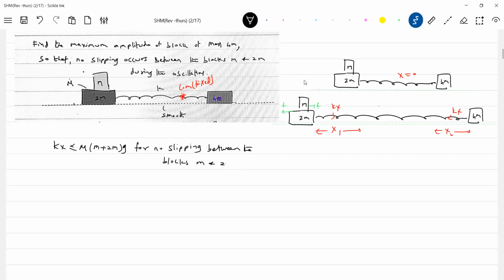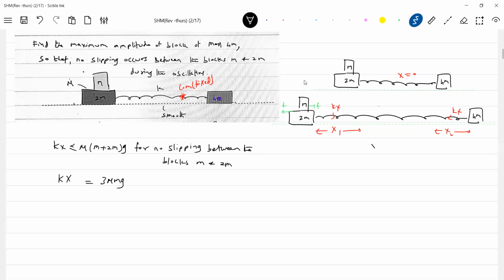A very simple problem, it is just asking you to think once. That's all. I think you know, if you apply force to the lower block, what is the maximum force for no slipping? For slipping to occur, greater than or equal. So what is the maximum value of this? Kx is 3 mu mg, I'll write it. So what is this x max? Let me write only x.